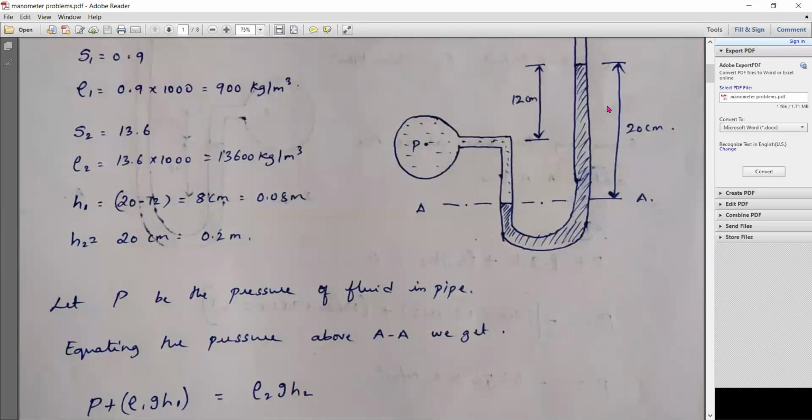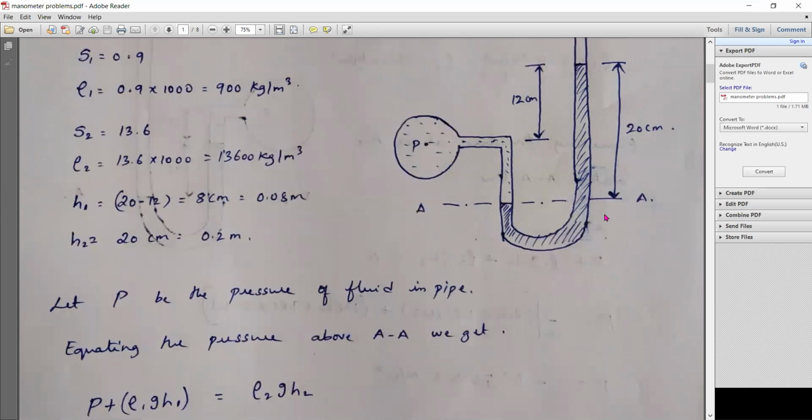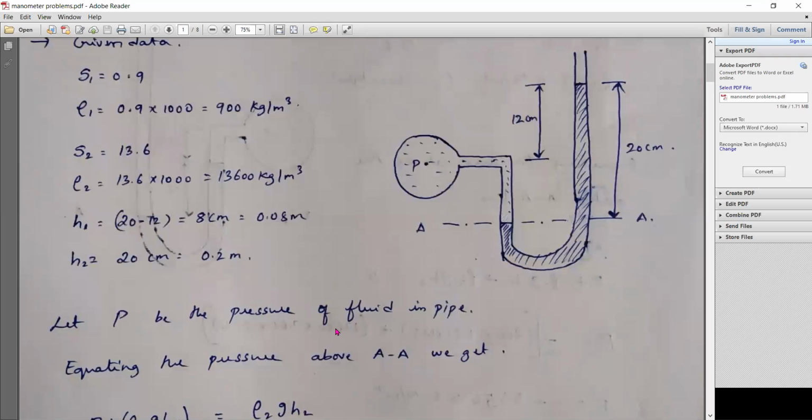Next, write down the pressure in the right limb. The pressure in the right limb above the datum line is equal to... above the datum line, if you see on the right side, we have only one fluid, that is mercury, and that height is given as H2. Again use the same formula rho G H, but here rho becomes rho 2, the density of mercury. So rho 2 G H2. We have only one pressure, so the pressure in the right limb is rho 2 G H2. After writing the two points, you need to write this.